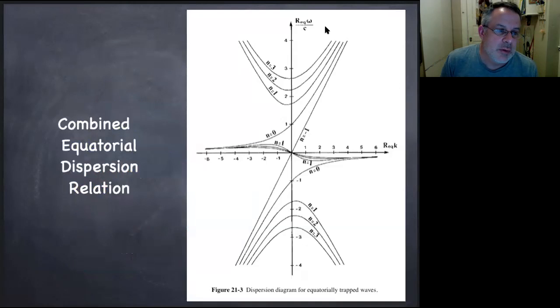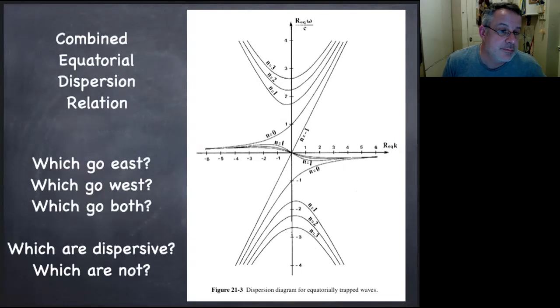So we put the whole dispersion relation map together. We get surface gravity waves, we get the Kelvin wave, we get the Rossby wave. We actually get this funny other wave called a Yanai wave, which we didn't talk about. This is what we see for equatorially trapped Rossby and Kelvin waves. And we're going to come back to a surprising number of these waves when we talk about how El Nino works.